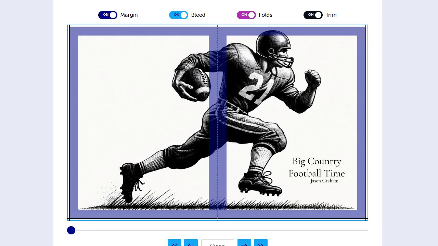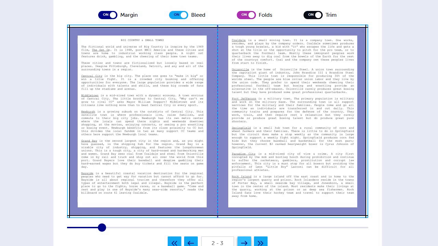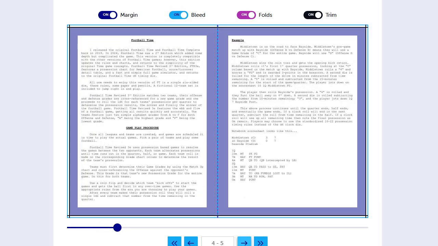This is looking at the actual Lulu book. This is the wraparound cover. That's what it looks like. Inside, it uses the old original Football Time cover. It does provide the Big Country universe write-up, so you will know what these cities and things are. You do not have to use the Big Country universe when you make your own leagues and teams, right? And then, of course, we have the Football Time description of how that works, the game procedure,